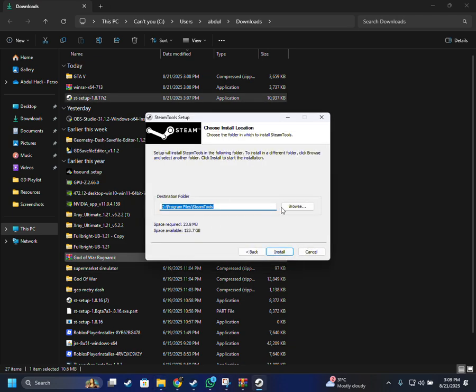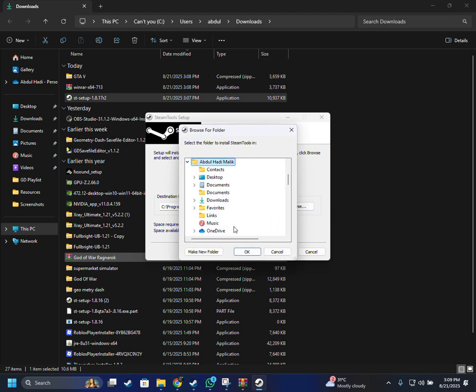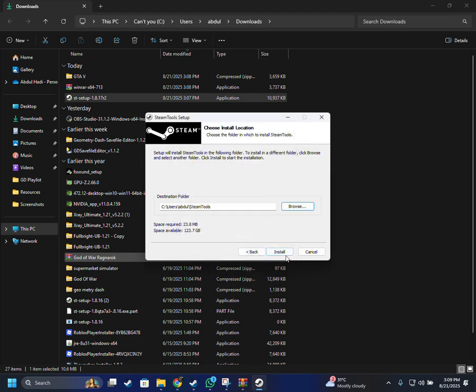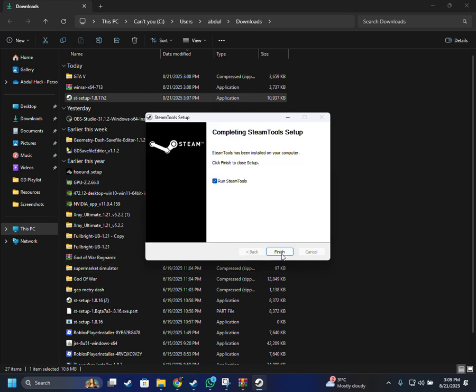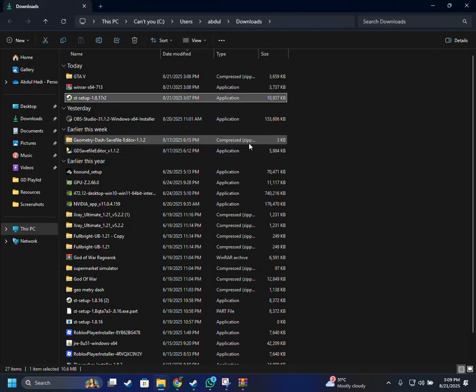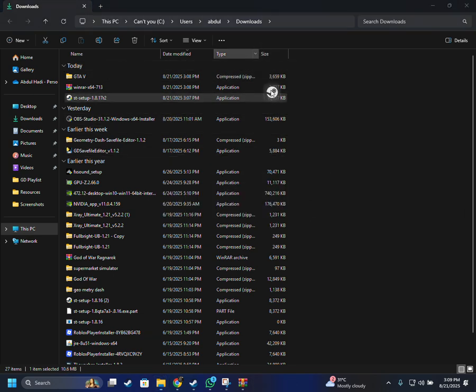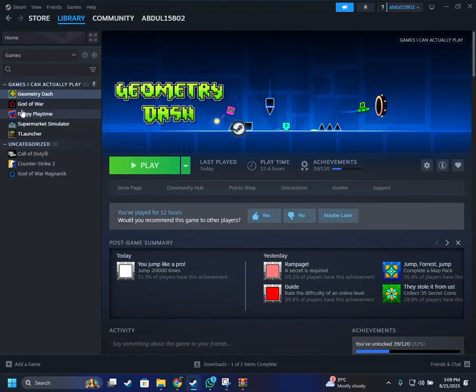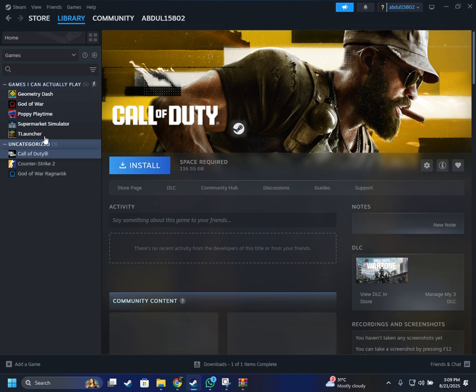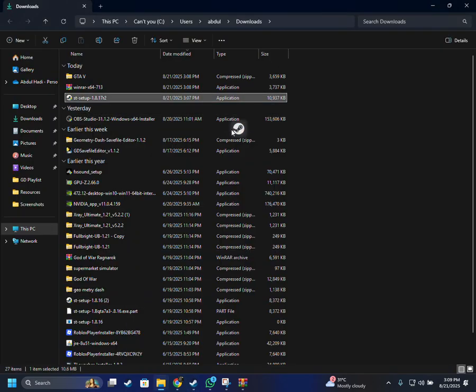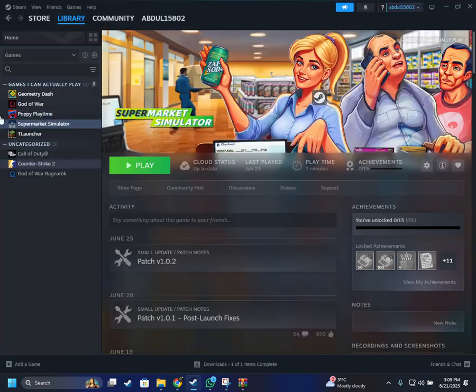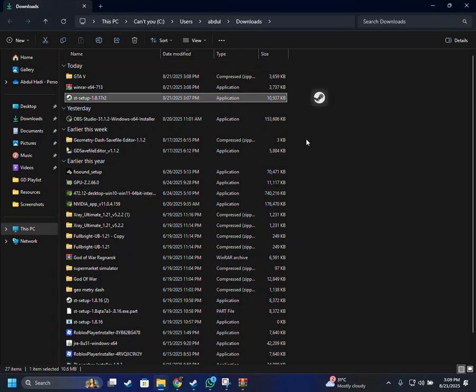Next, whichever area we wanted to download, just click on that. Just click on install. Boom. So now there's gonna be a little thing right here, thingy mabob. So right now in Steam you can see I do not have GTA 5 installed as I have not purchased it yet. I haven't purchased any of these games. Most of them are paid, but using this method I got them for free.